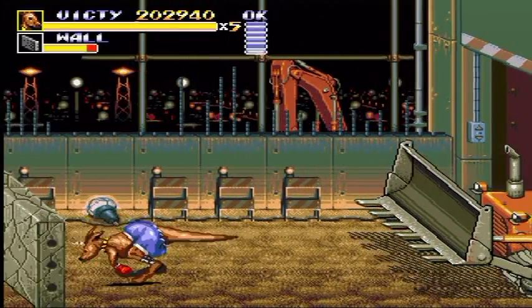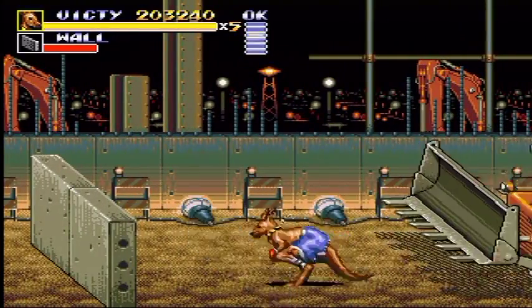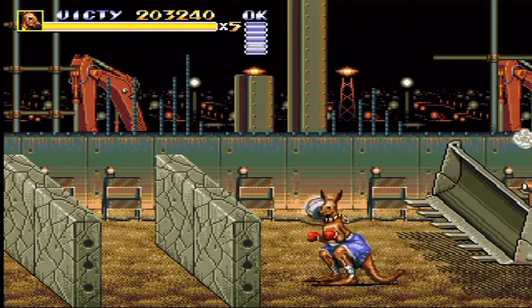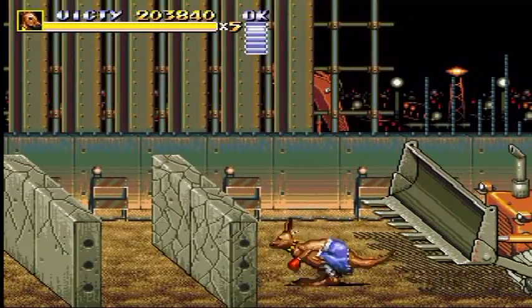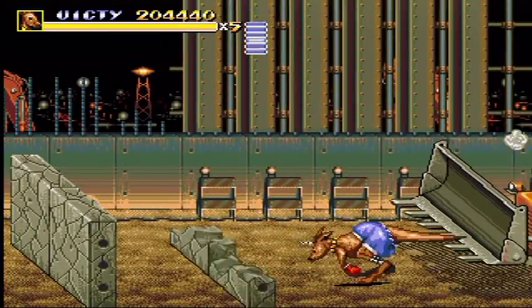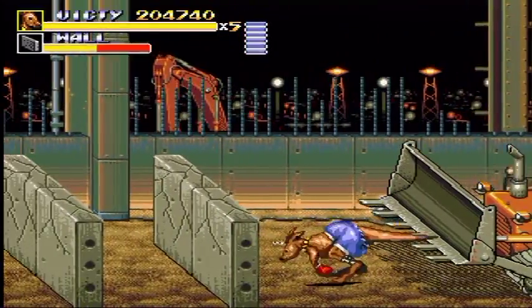Right. And this part of the level is quite unique. As you can see, we've got the walls in the way, and we've got ourselves a bulldozer coming towards us, so we've got to try and get past this as quickly as we can. Fortunately, this is where Rue's simultaneous back and forward attack comes into play, because he can headbutt the walls whilst at the same time attacking the